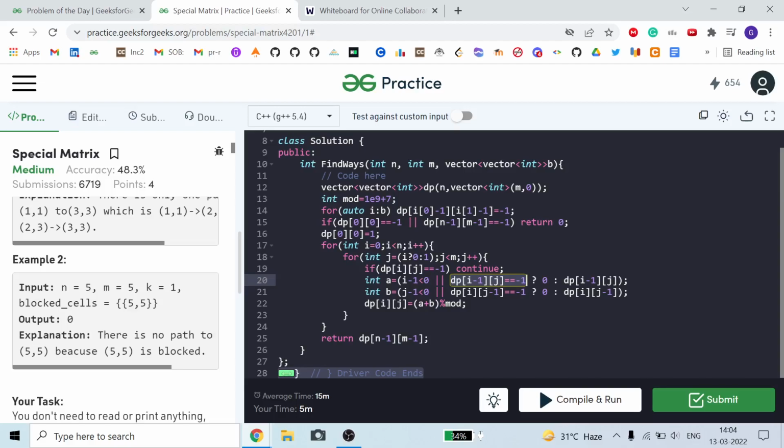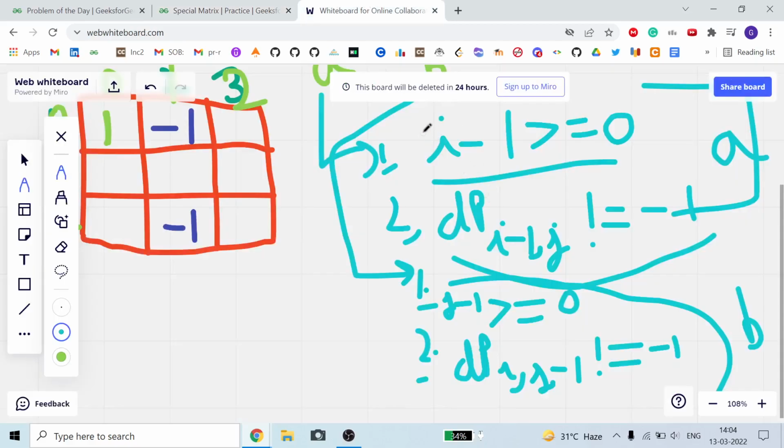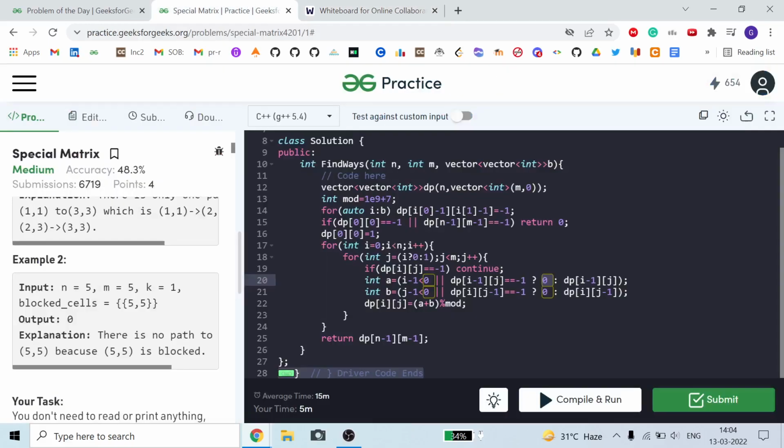If the above cell is a block cell, then it is 0. That means if any of these conditions is false, whether it is not a valid index, or it is a valid index but it is a block cell, then what I am doing is...